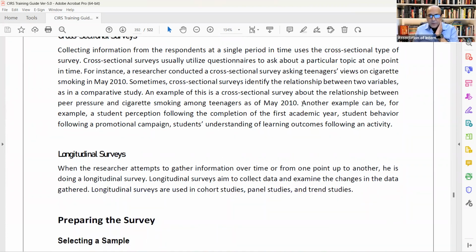And I don't know why it's been described in this paragraph, but the last three lines are talking about longitudinal survey. When a researcher attempts to gather information over time or from one point up to another, he is doing longitudinal surveys. Another example, for instance, a student perception following completion of the first academic year. They were